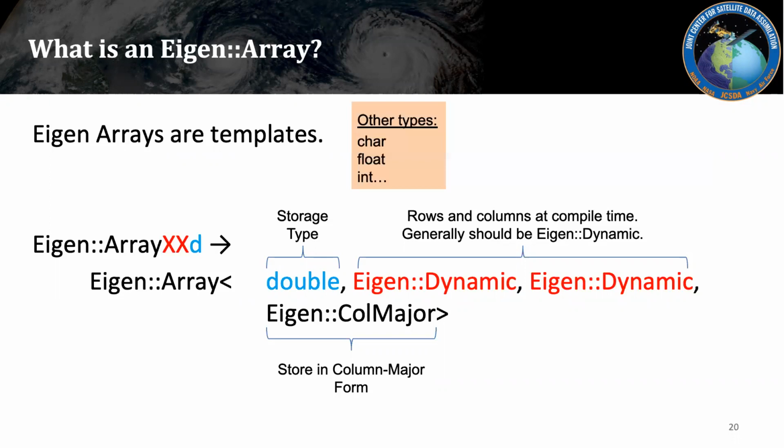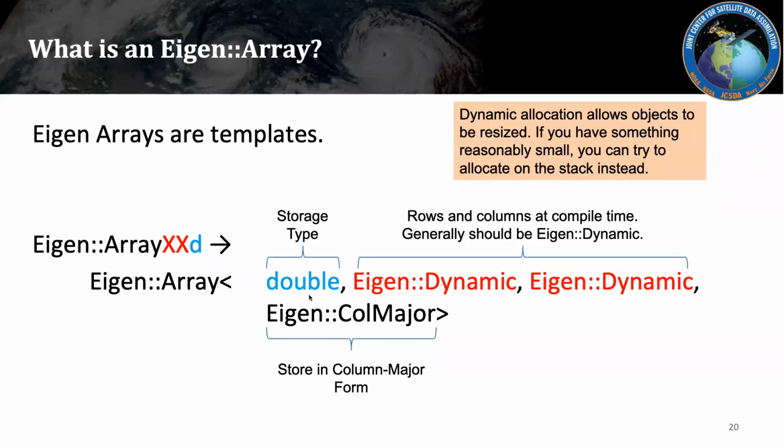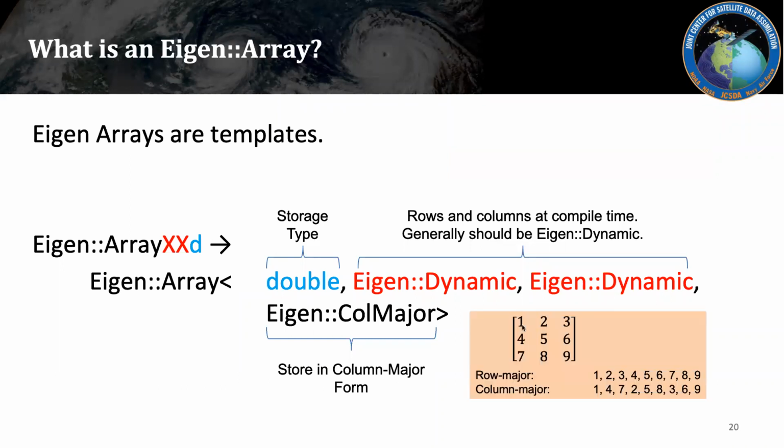Apologies here, I meant to click through these. So for the storage type, you can pass in other types of data. You can have an Eigen Array of floats or characters or of integers. You can specify fixed dimensions to your arrays also, but you usually don't have to. And for the row versus column major example, say that you have a 2x2 array of just increasing integers. With row major storage, which is what C uses,